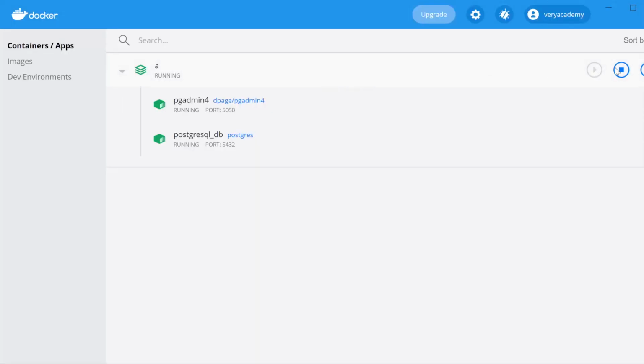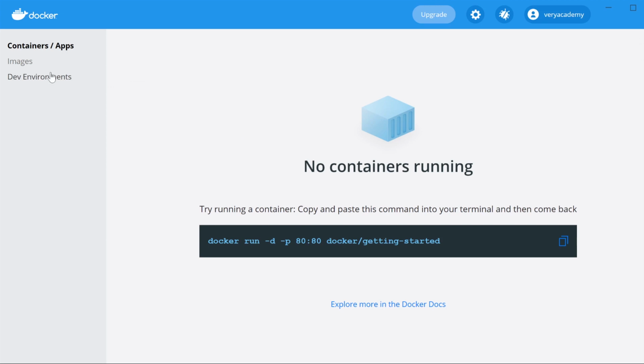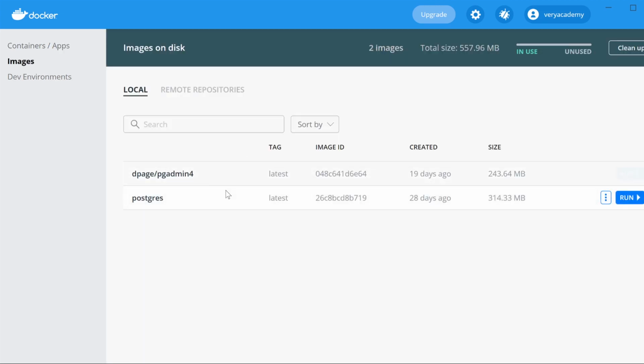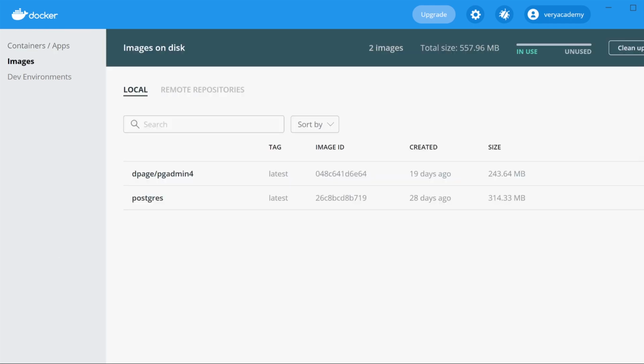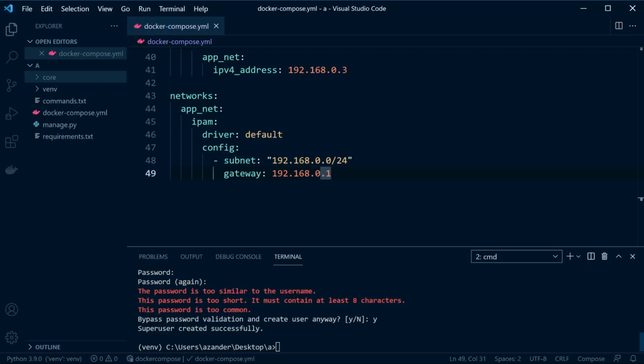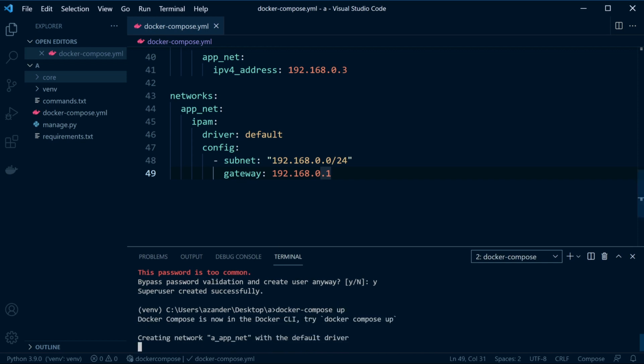So let's go ahead and remove everything we've done so far. That just removes the containers, so you can keep the images in place. That's not a problem at all. There's no point removing those. So just the containers. Let's go ahead now and run docker compose up, so let's rebuild utilizing our new